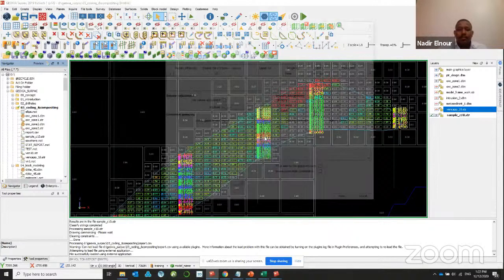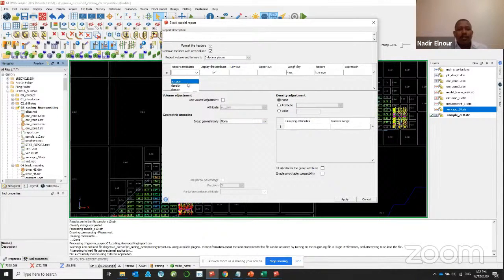Yeah, let us make it with constraint. Then here you just get your AU. If you have many estimated attributes, you can just select it from here. Otherwise, you just go and select your density here. You can just select your cutoff. For example, if you are reporting in cutoff 3, you can also select what rock type you need to